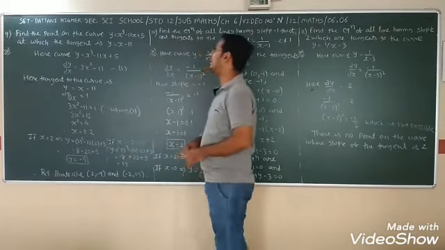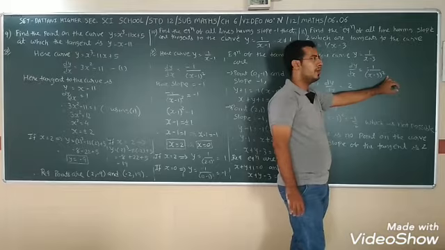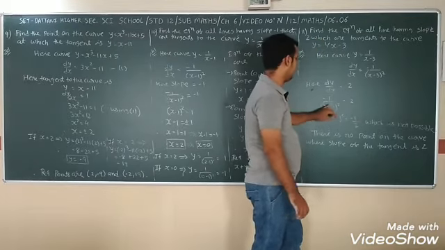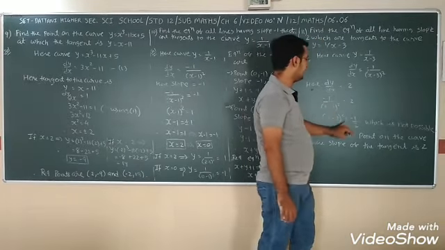Find the equation of all lines having slope 2. Here the slope is 2, which are tangents to the curve y is equal to 1 upon x minus 3. Both sums are the same. Okay, so y is equal to 1 upon x minus 3, taking the derivative, minus 1 upon (x minus 3) all square. Here dy by dx is equal to 2. So side change, we get (x minus 3) all square is equal to minus 1 by 2, which is not possible. If we take a square, we always get a positive value, not ever negative.